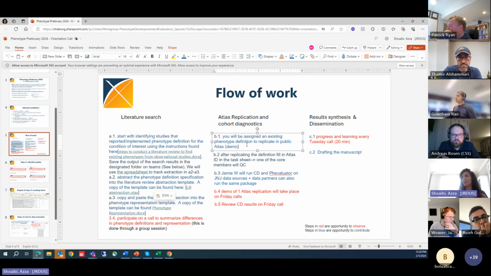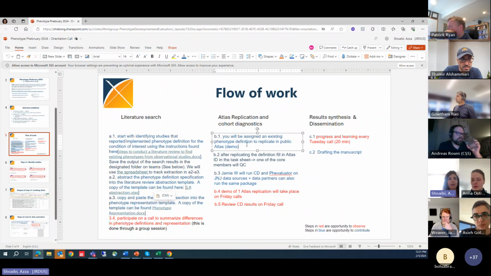Does that make sense? After you create it, you just put the ID, and that tells us that you're done. We have replicated Atlas definitions. One of us will go and QC and make sure that we don't have any bugs, and just finalize that. Then Jamie Weaver is going to create a package that includes cohort diagnostics and FeatureExtraction evaluator with those cohort IDs that you all created,